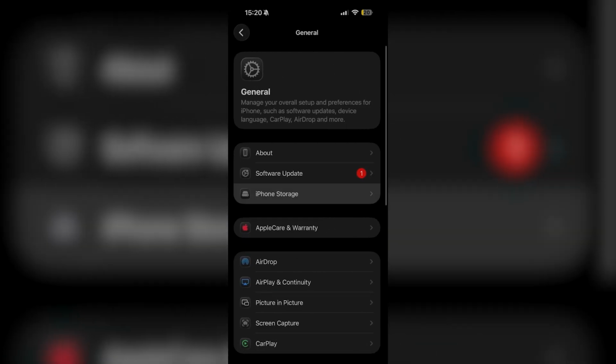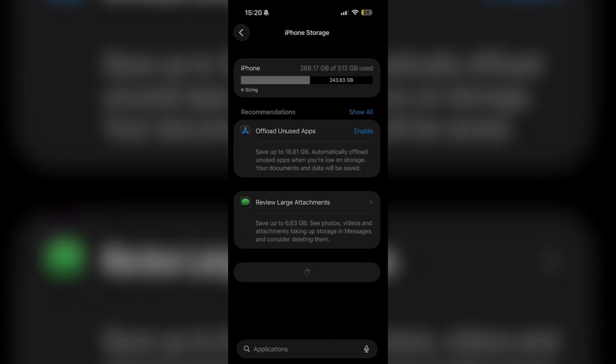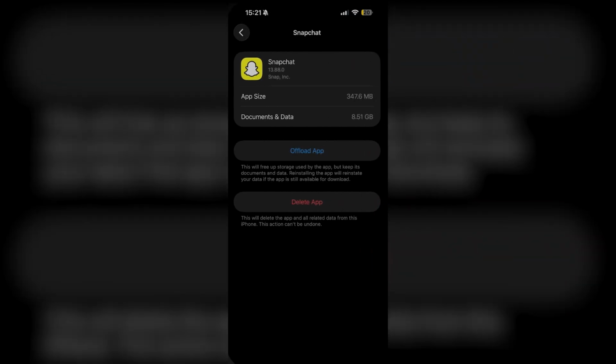find general, then go to iPhone storage. And once you're in iPhone storage, locate Snapchat. And then you just want to offload the app. This is going to basically clear your cache. So any bugs that you might be having or anything like that, those are going to be gone after you clear the cache. So just try opening the application again, try sending a message or a snap, and then you'll